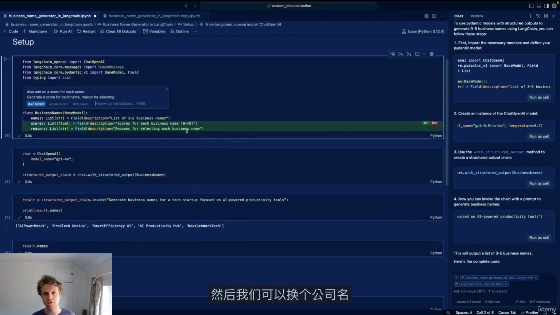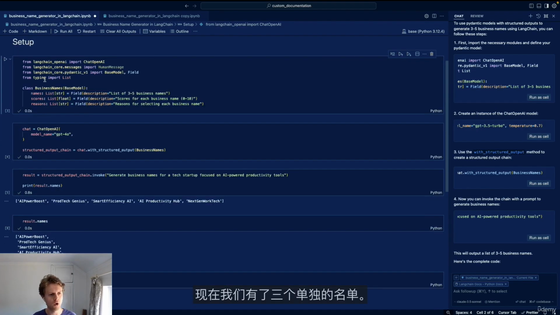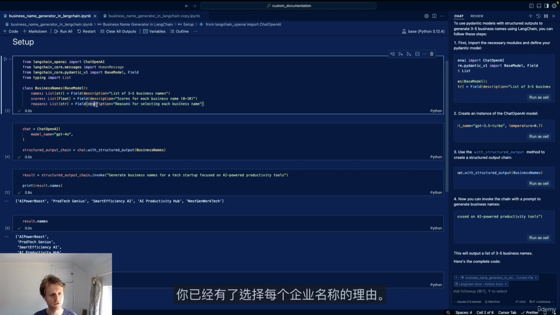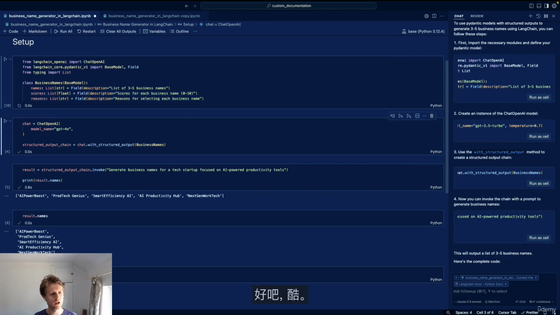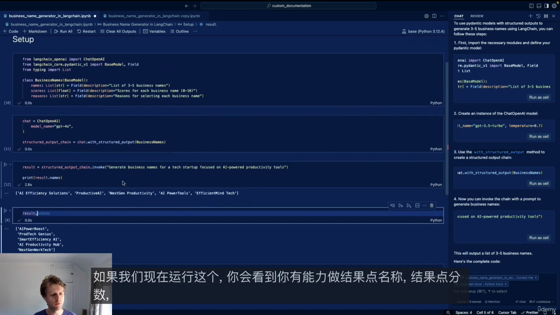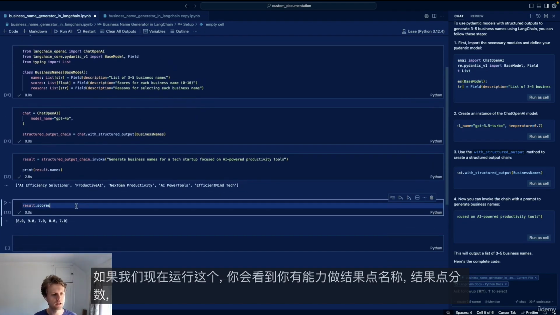And then we can change our business names Pydantic model. Now we've got 3 individual lists, one which has the business name, one which has the scores, and one list of reasons, which has a list of strings, and you've just got the reasons for choosing each business name. Okay, cool. If we now run this, what you'll see is you've got the ability to do result.names, result.scores, and